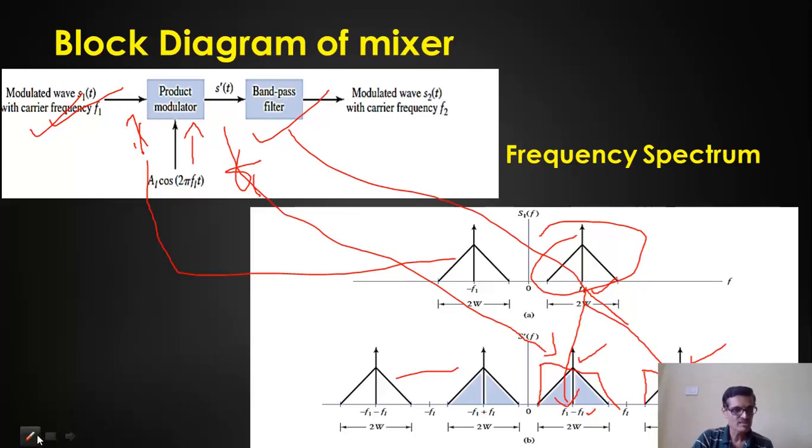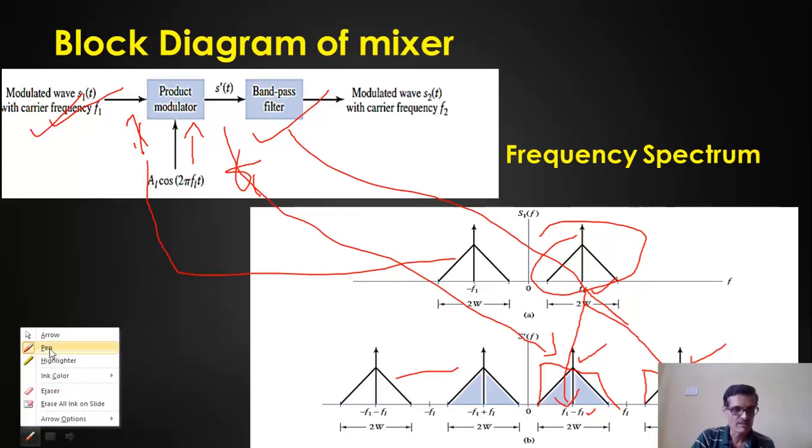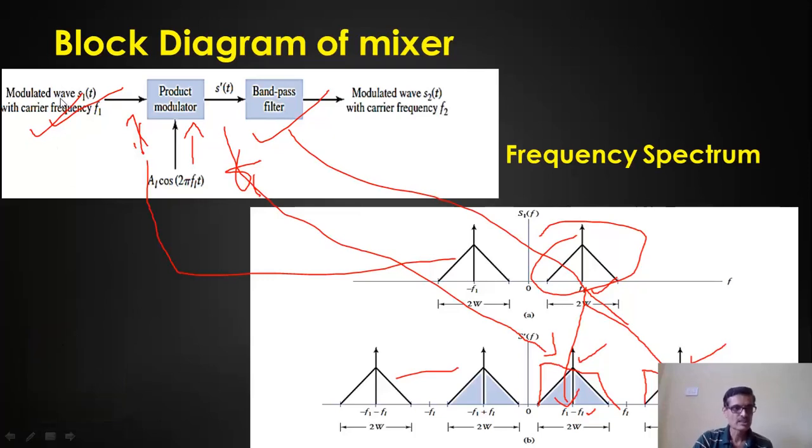Now we will understand this concept by using a derivation. I consider a modulated signal. Let us say the modulated signal is a DSB-SC signal. It can be a DSB-FC signal, or it can be any kind of amplitude modulation, or it may be a frequency modulation also, because we need this frequency translation in all kinds of modulation methods.